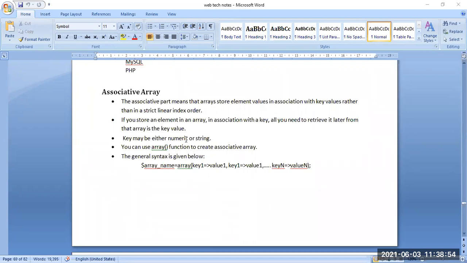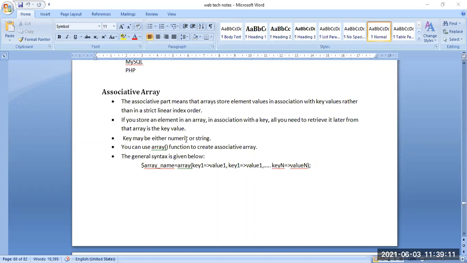So we can use an array function to create an associative array.